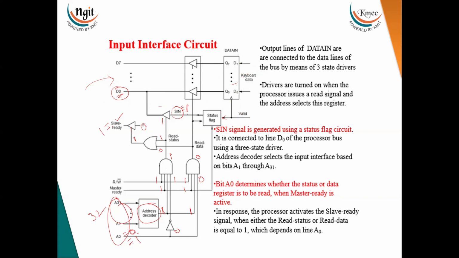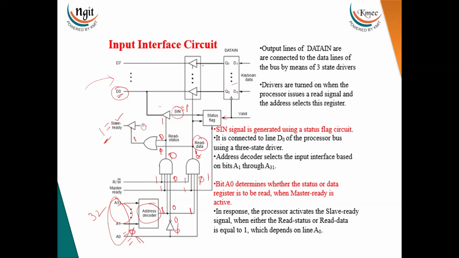Thereby the processor sends the address of the data in register. That is nothing but, remaining all signals are same, and A0 becomes 1. By keeping this 1, now this is 0, this is 0, and this is 1. So here it is 0, and this is 1, so this bit is 1. Thereby the slave ready is again 1 only, because if any one of the signals is 1, it is 1 only. But instead of selecting this SIN bit, now because this read data is 1,